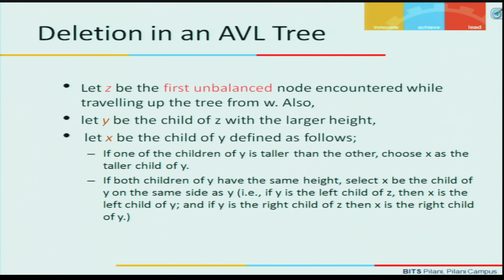Then we will select x to be the child of y on the same side as y. To break the deadlock, we use the convention that x is on the same side as y. If y happens to be a left child of z, then x will be the left child of y, and if y is the right child of z, then x is going to be the right child of y. So, with this convention, which was similar to what we had for insertion,